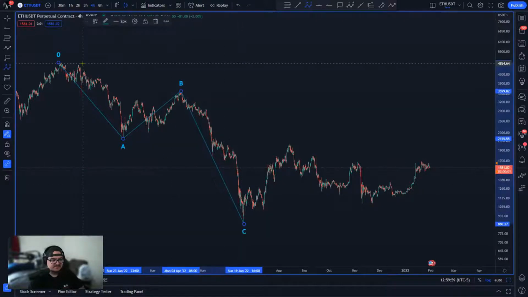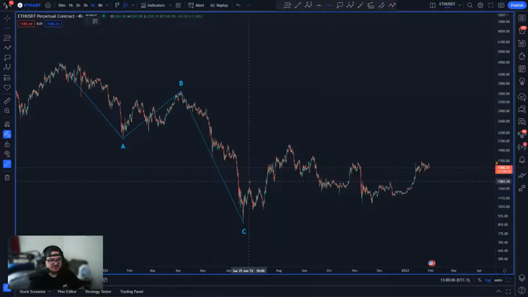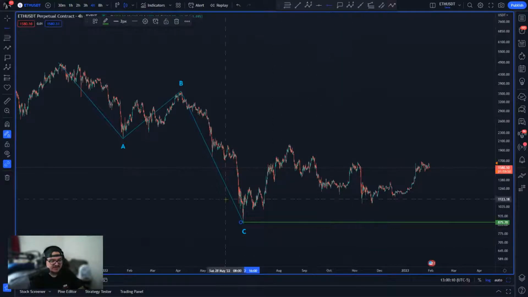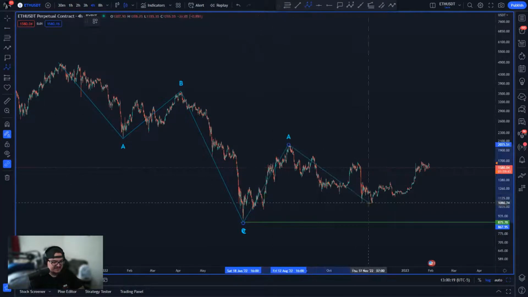And going over what could be happening as well is a larger A to a B to a C, and maybe this is the bottom. We don't know exactly what is in store. All we can do is basically say, hey, we do have setups to show both sides. Like I said, at this point, we need that low to be broken in order for the first idea to be valid. If that isn't the case, we can view this as a larger A to a B to a C,